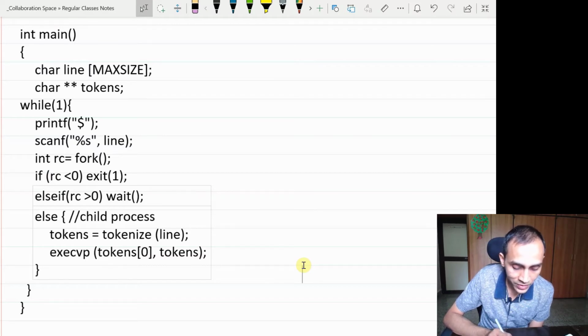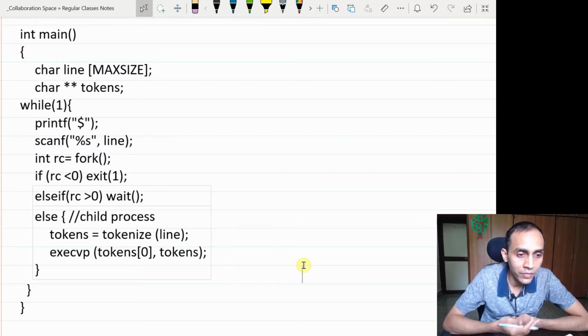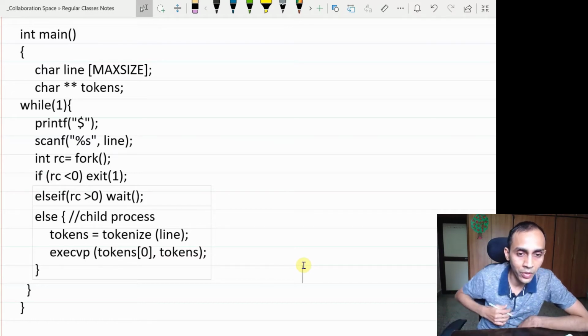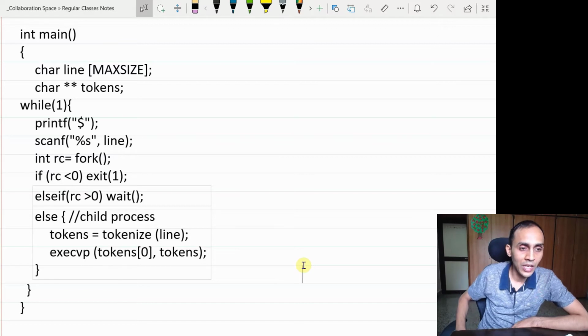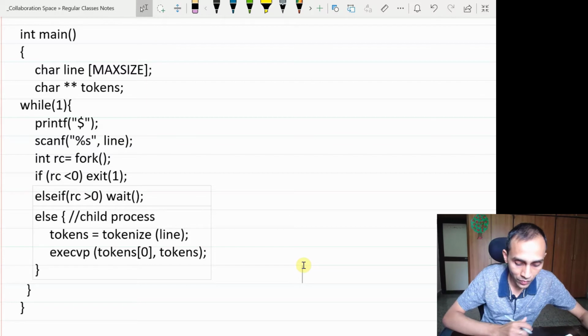If your child crashes, your shell is still alive, and you can just output that this program didn't work or there was an error, and be ready for executing another program. But if you don't create a new child process, then if anything goes wrong, the entire shell will crash. So it's always recommended to create a new process. And there are other reasons which I'm going to talk about.